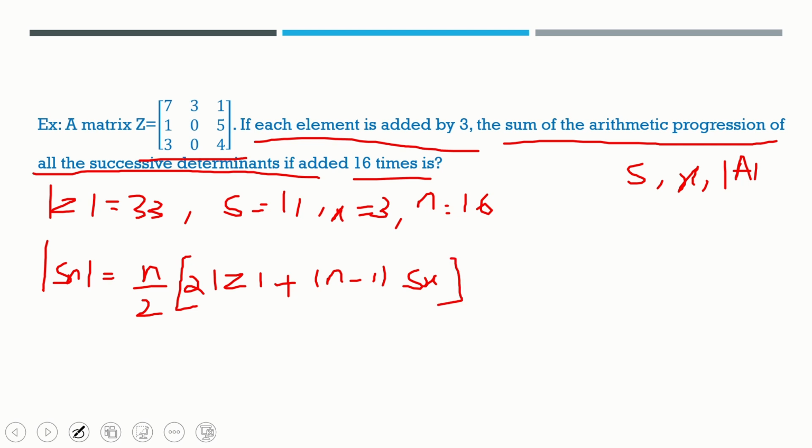Okay, put the values 16 upon 2, this 33, plus, yeah,